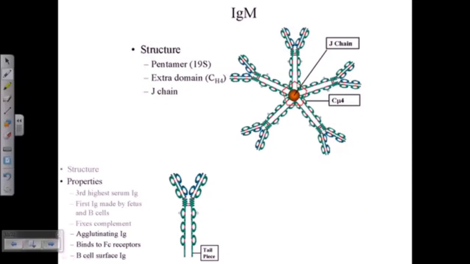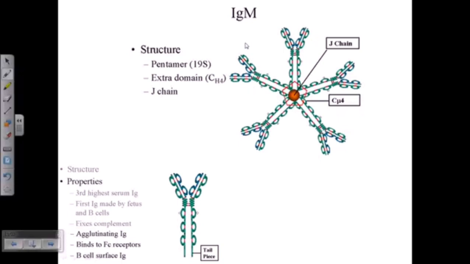It has the pentameric structure. Again, they are linked via disulfide linkages using another small, short peptide fragment, which is called the J chain fragment. Here we can see. Okay, so the property of this IgM is that it's the third highest serum immunoglobulin, and this is the immunoglobulin